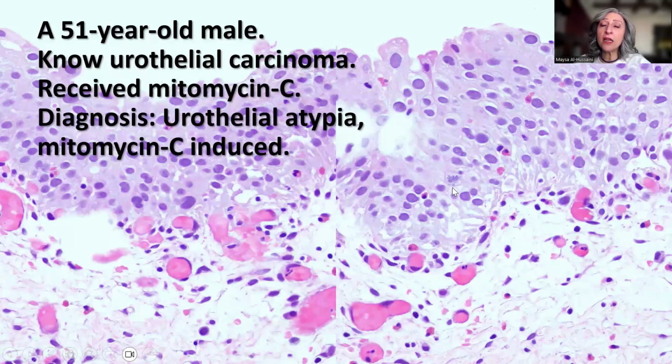So the final diagnosis in this beautiful example is urothelial atypia that is induced by Mitomycin-C. Remember that this intravesical chemotherapy can induce atypia that looks very similar to dysplasia or carcinoma in situ. This is why you have always to check for the history of the patient and whether the patient received any